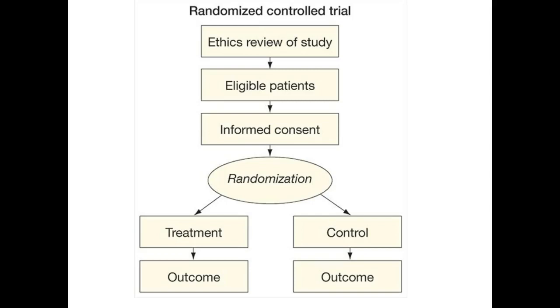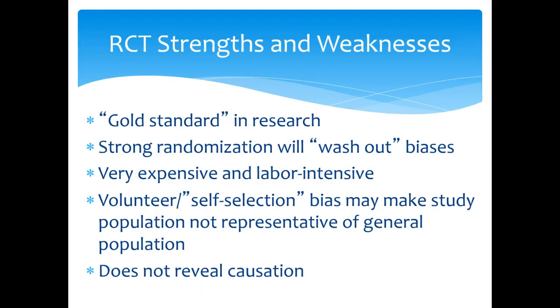So this is our traditional scientific method. Hopefully this isn't new to you, but if it is, that's okay too. But this is called a true experiment. So with regards to the strengths and weaknesses of randomized controlled trials, these are the gold standard in research. So a strong randomization will wash out biases. So what this speaks to is a large sample size. You want to make sure that you have as many participants as you can get,